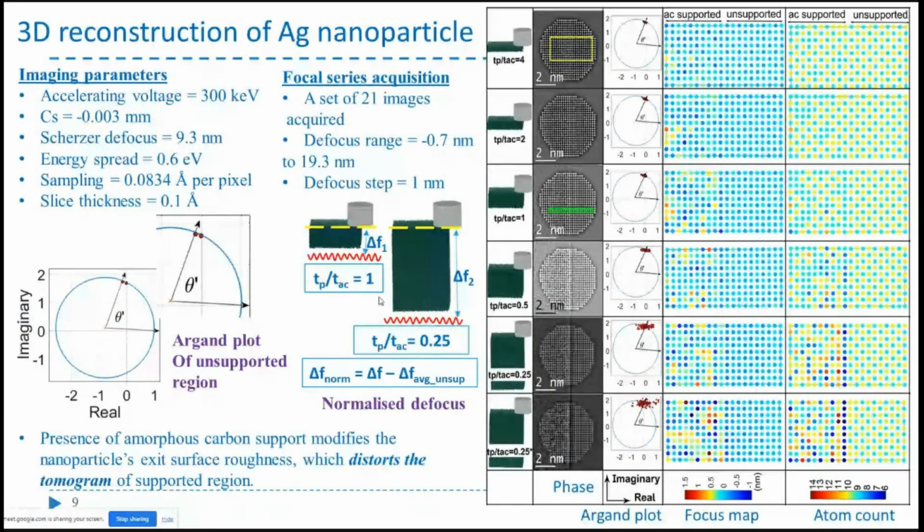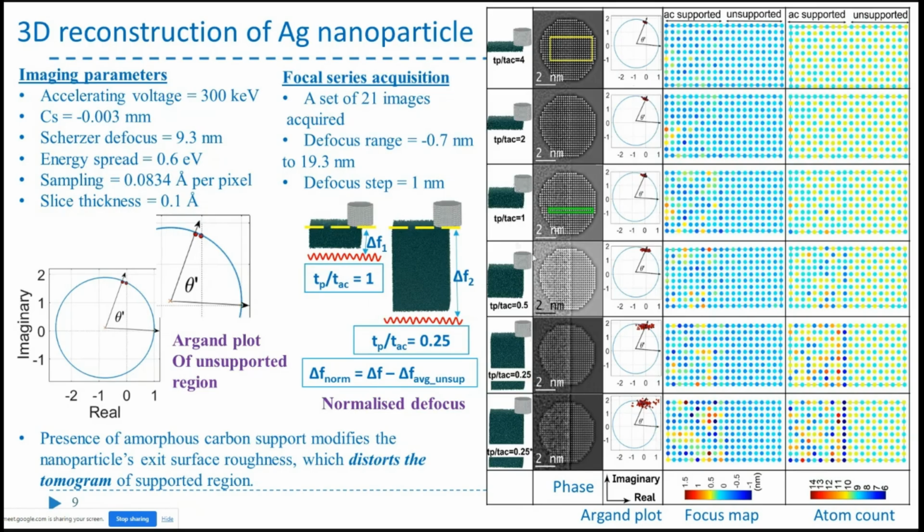Now, when we are talking about defocus, since we are taking the reconstructed wave up to each of the atomic columns, we have to do some normalization. Since this is sitting on a carbon film and we know the carbon film thickness here for simulation, we subtracted that to get the normalized value, and for each atomic column now we can take it up. So that's all. So presence of carbon.